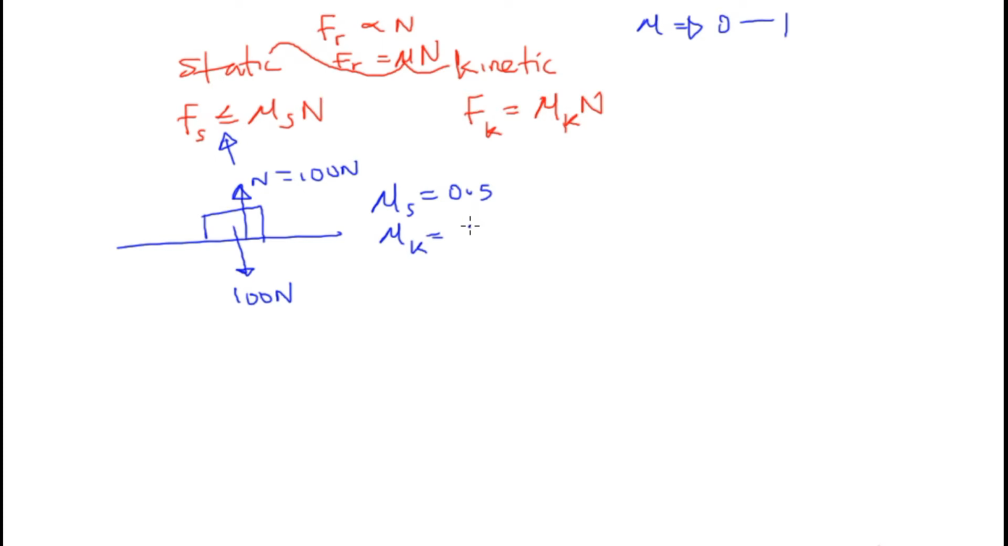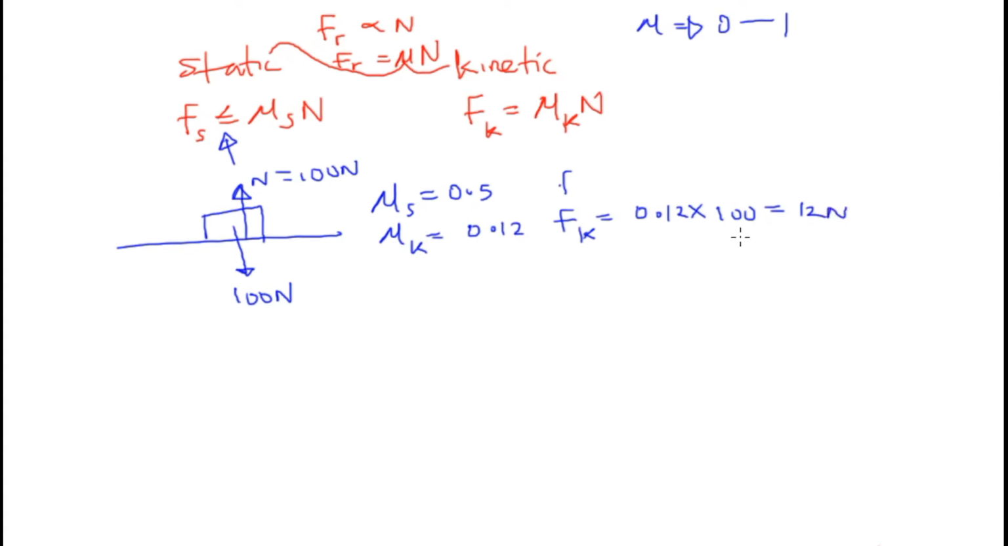Let's say 0.12. Okay, that means we can find its frictional forces, that is Fk, the kinetic frictional force. That will be equal to mu k, which is 0.12, multiplied by the normal, which is 100 newton, and that's supposed to be